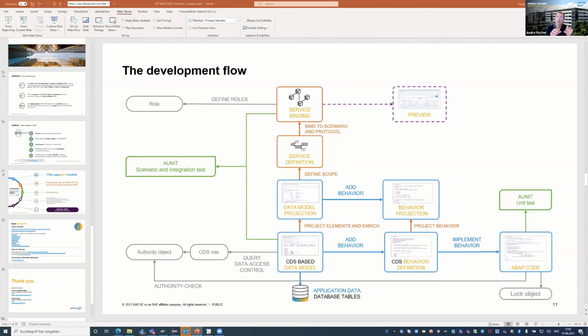Or if they don't have it, we now have the option to use managed, where all the handling is done by the framework, and only have a so-called self-implemented save, where at a very late point in time, the data is actually saved via a call to a classic API. So these are the three options. Managed, where everything is handled by the framework.